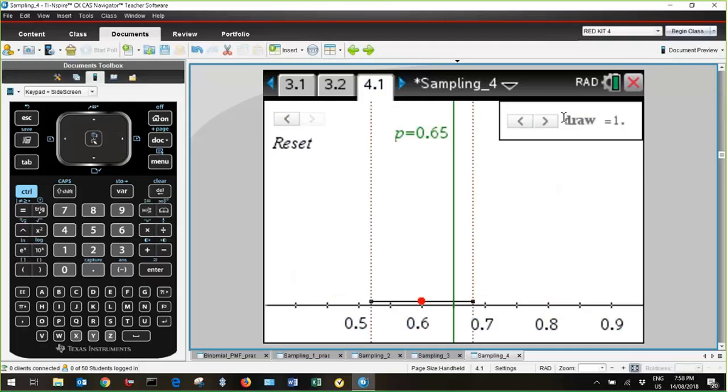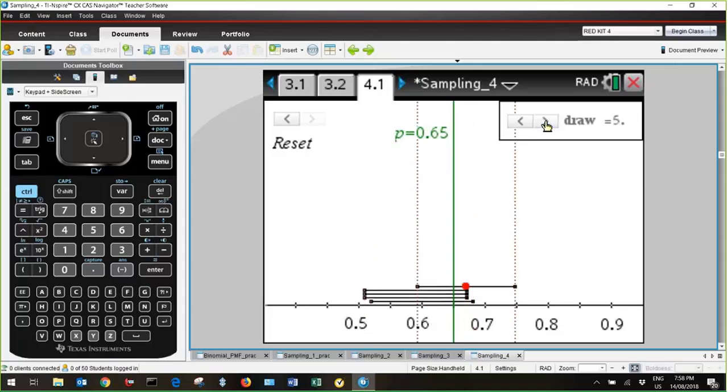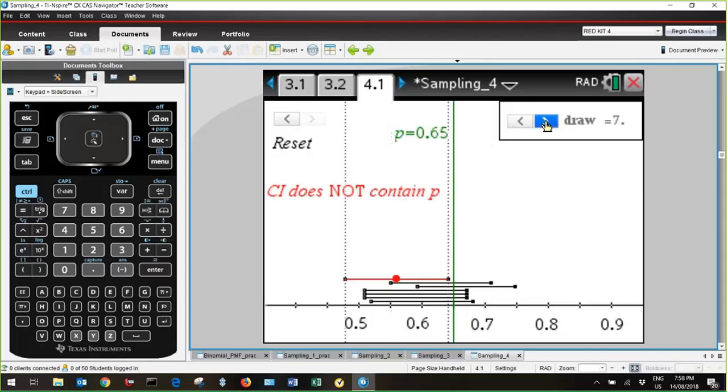So what this is showing, the true population proportion is 0.65. That's the point estimate in red, and that's the confidence interval. So the half interval from the red dot to the boundary is the margin of error. That one contains the true population proportion, and that one. Okay, well, that one doesn't. So we've got two that don't. 3,